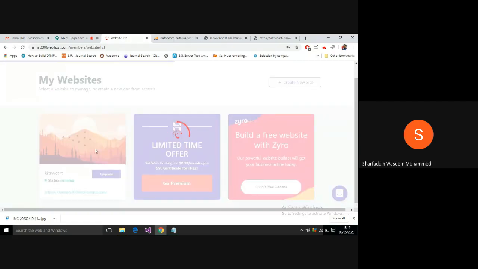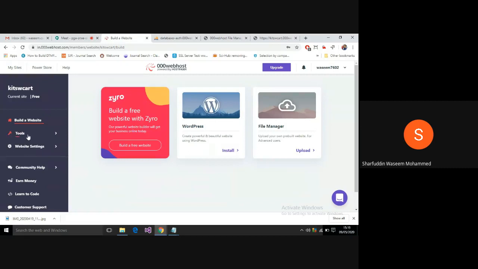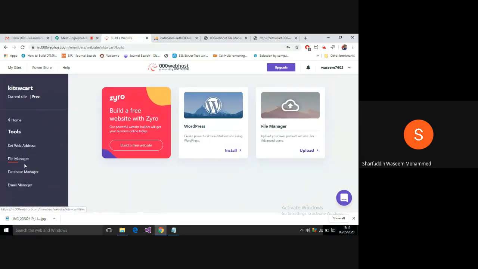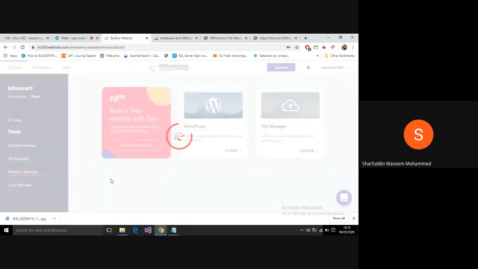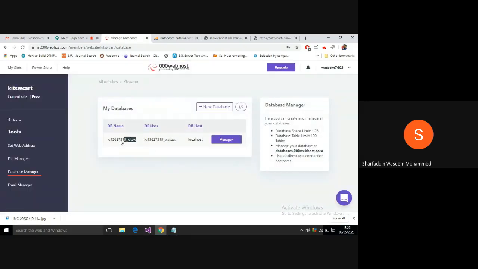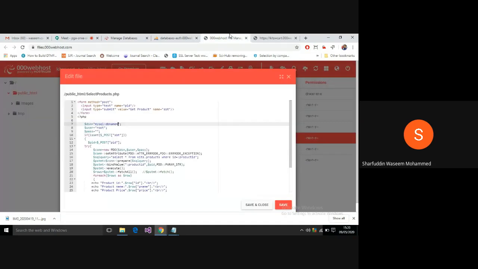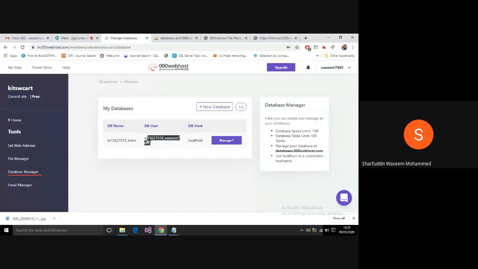Then from the tools, you can go to database manager. Then you can see the already existing databases which have been created listed out here. So this is my database name. So I will go to my database name here. Then what is the username? Username is this.